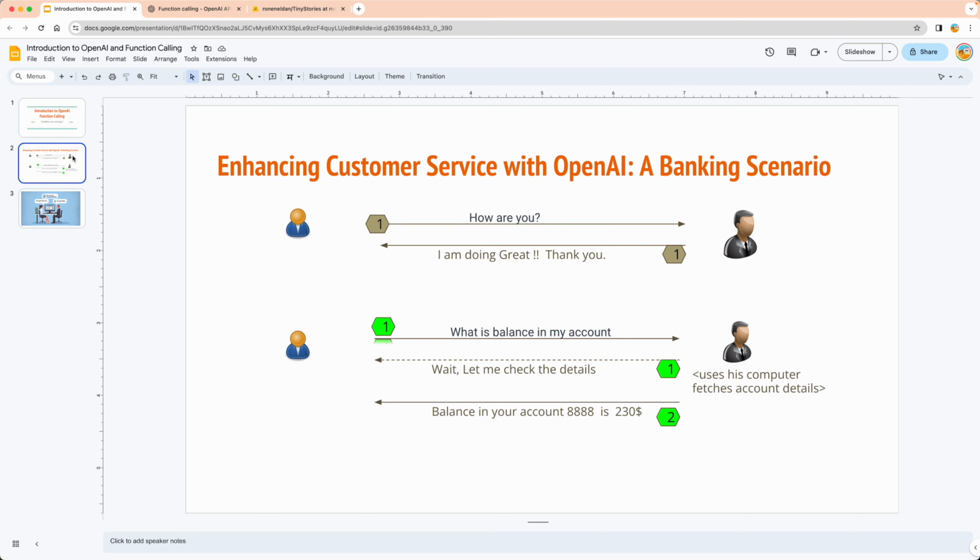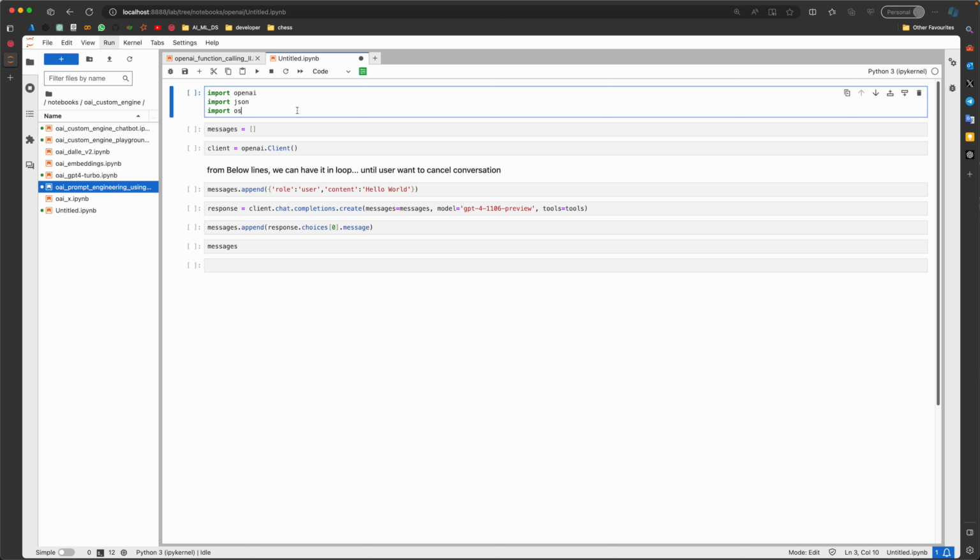Let's go to our hands-on practical. So you already know the normal happy flow where we ask a question and chat completion gives us the answer, right? We import all the required libraries, we create a message list, we instantiate the OpenAI client, and then we add our user message.